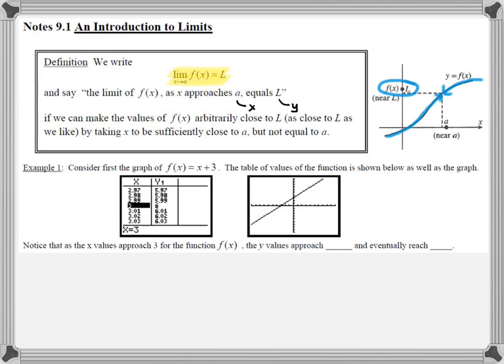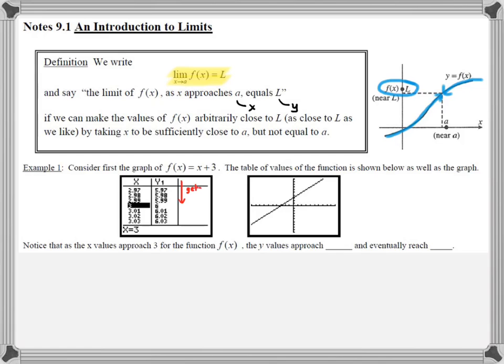So if both sides are approaching a certain number L, then you would say that the limit equals L. Okay, if you look at the first graph of f of x equals x plus 3, you'll see a linear function with a y-intercept of 3 and a slope of 1. The table of values of the function is shown below as well as the graph. So we drew a table of values here that you would see typically in the calculator with increments of 0.01: 2.97, 2.98, 2.99, 3.01, 3.02, 3.03. And if you look at the values from both sides as you go towards 3,